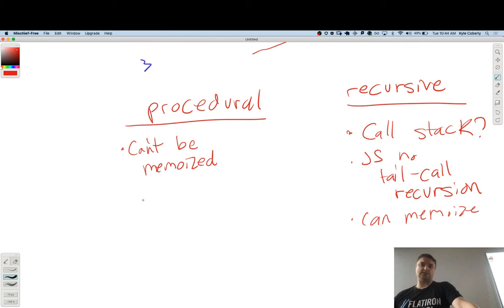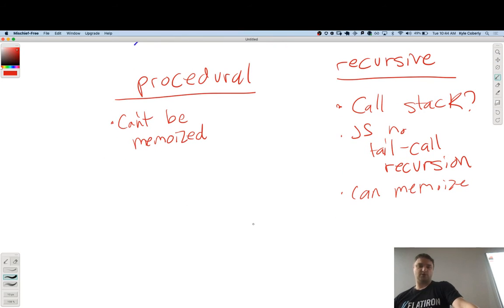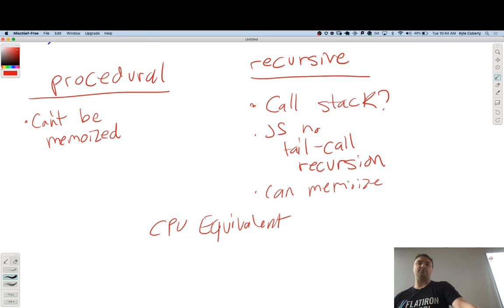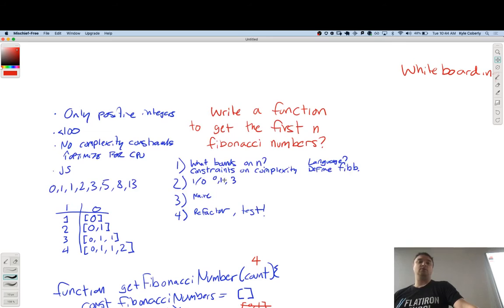And then as far as CPU, I think they're probably both equivalent. There's the same amount of calculations being done in either one, but memory blows up if we do the recursive one, and we also might break the call stack. So I was asked to write a function to get the first n Fibonacci numbers.